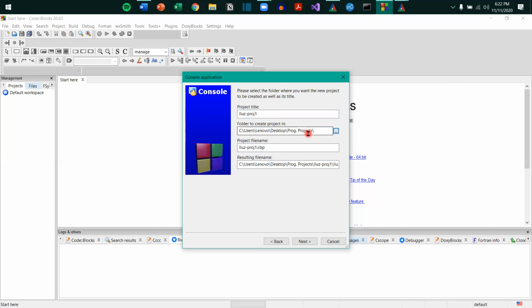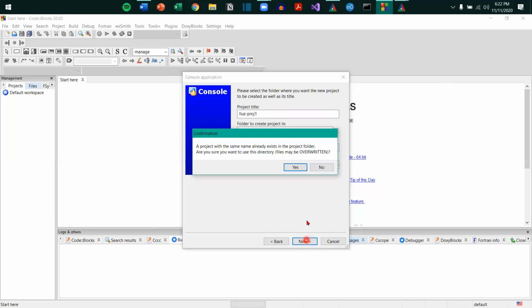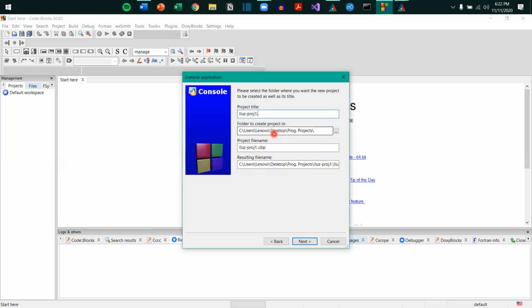Next is, I chose mine to be in program projects. That's my default folder for mine, and simply press next. A project with the same file name already exists, blah blah blah, are you sure? No, let's change it into 2 because I've already done this project.